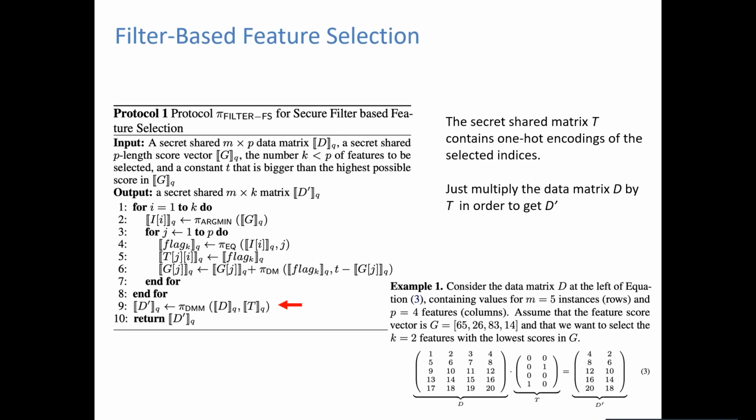Okay. Yeah. So you essentially are doing that, but in an oblivious way. You are picking this value, and then you say, okay, if this value that we selected here is the fourth one, whenever we run this for loop here for j equals 4, then this line here will be activated, and we'll update the score in that position to be equal to T. It's the upper bound that we have. Otherwise, you would have to somehow mark, okay, I'm not using the fourth position anymore, but then you are leaking this information to everybody. Exactly what we don't want to do. Yeah, exactly. It makes sense.